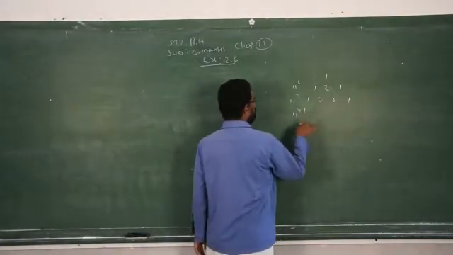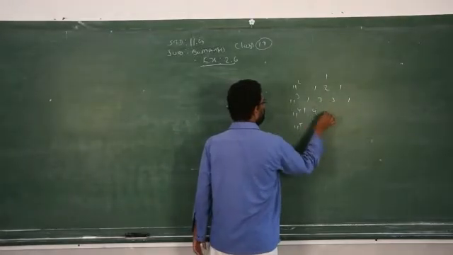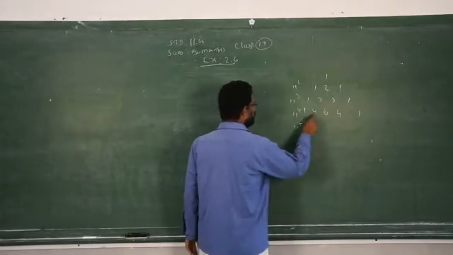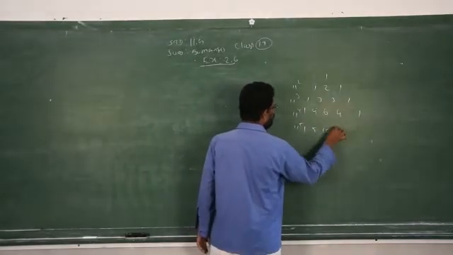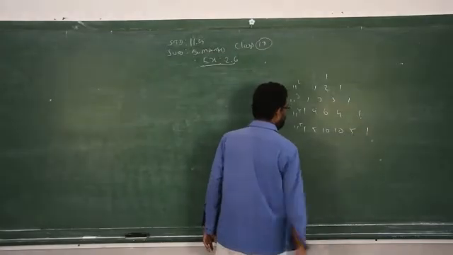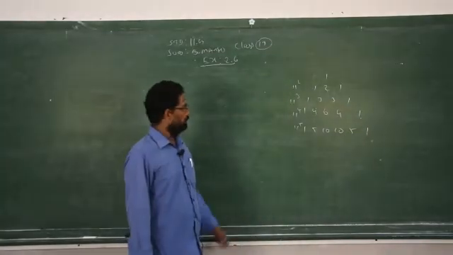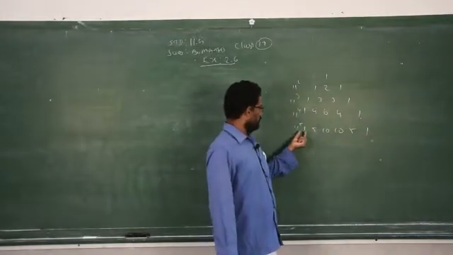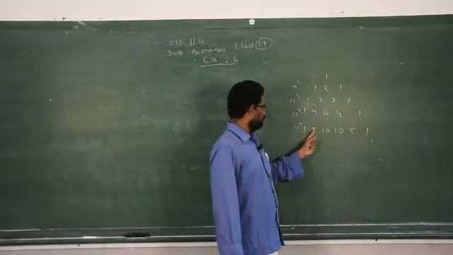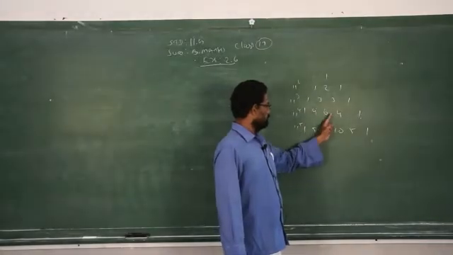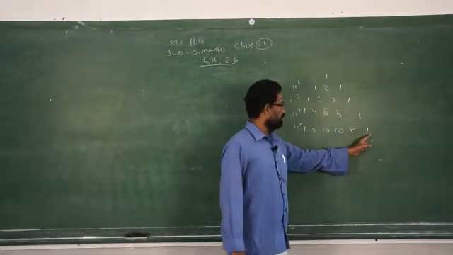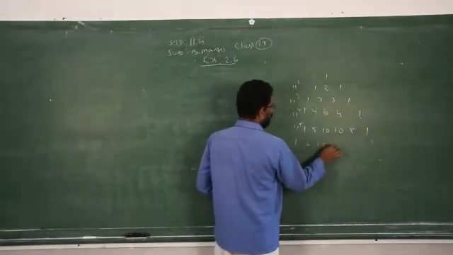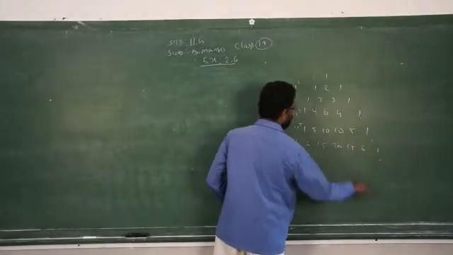You start the number with 1, add these two, 4, 3 plus 3, 6, 3 plus 1, 4, ending with 1. Start from 1, add these two, 5, 10, 10, 4 plus 1, 5 and close with 1. Start the number with 1 and end with 1. How do you get the middle ones? Start with 1, then add these two, 1 plus 4, 5. Then 4 plus 6, 10, 6 plus 4, 10, 4 plus 1, 5, then end with 1. Similarly, you can start 1, 5 plus 1, 6, 15, 20, 15, 6, 1 and so on.